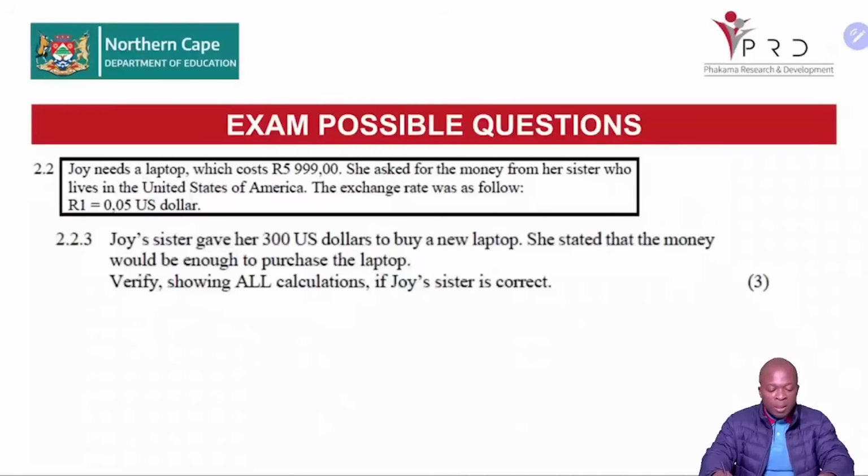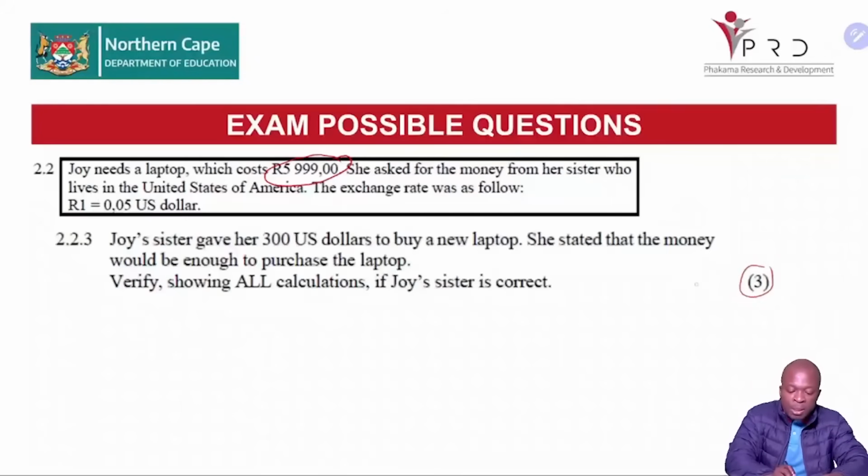Now let's look at the next one. Joy's sister gave her $300 to buy a new laptop. She stated that the money would be enough to purchase the laptop of $5,099. So verify. And then they're giving us 3 marks. So this is how you do it. You would take that $300,